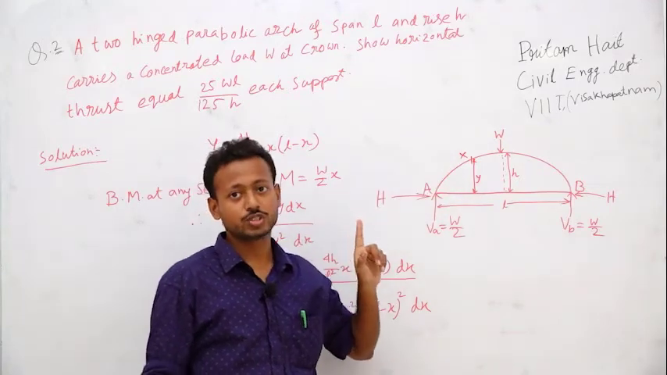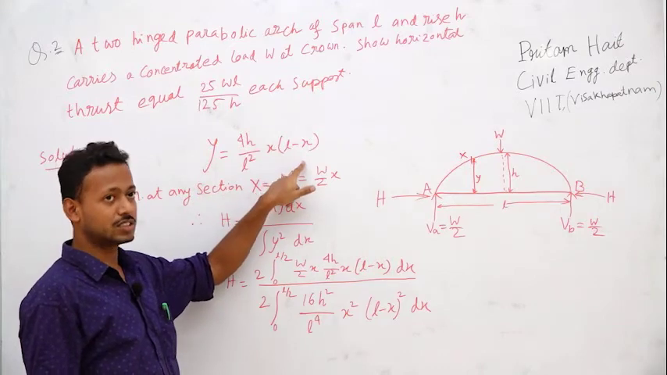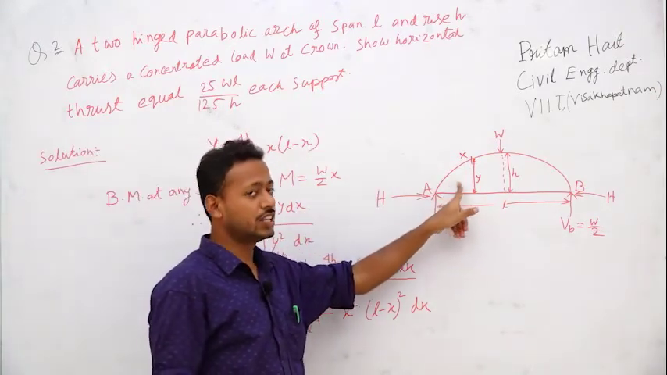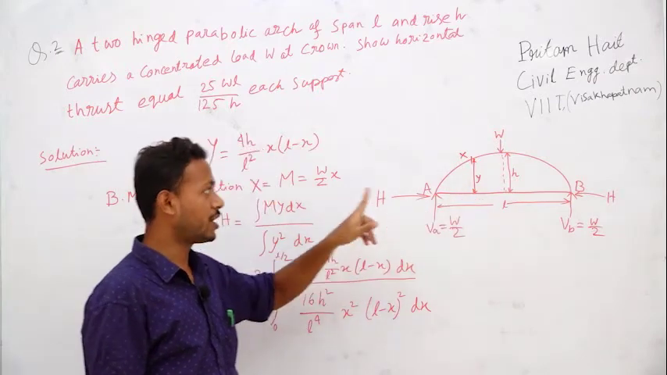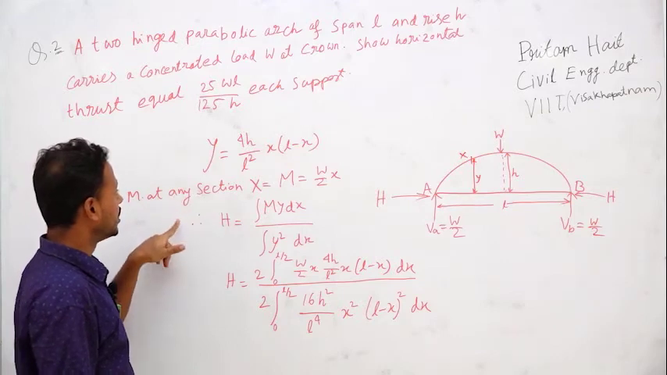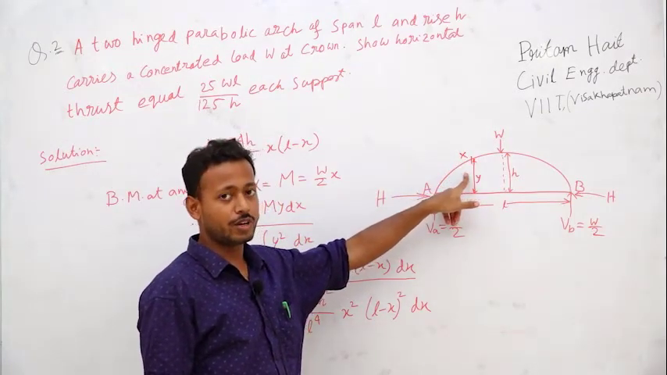is y equals 4h by L square x into L minus x. This is the ordinate at any section x for a parabolic arch, not for a circular arch. Always remember that. So at any point x, the bending moment will be